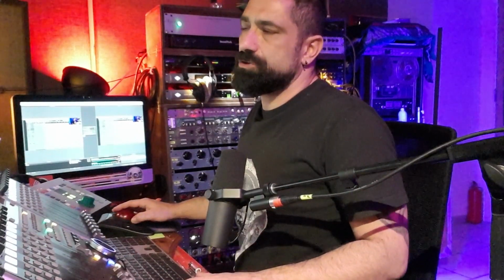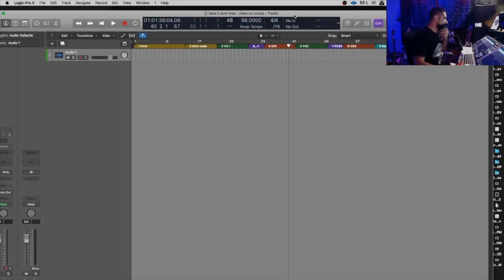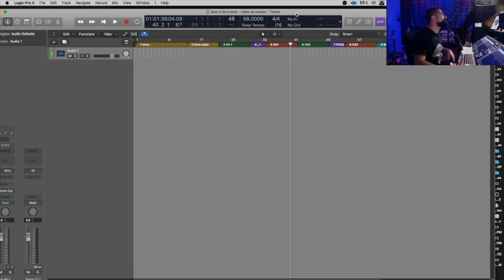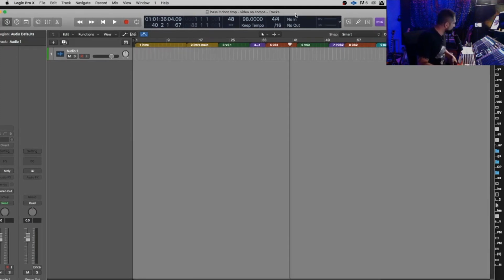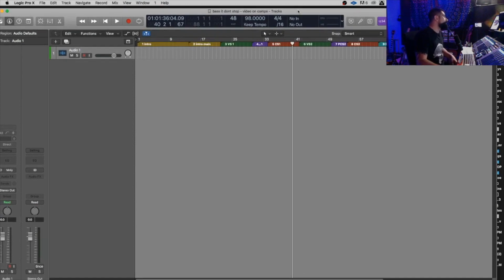So I've opened up the session here. I'm not going to pull in the song. Usually what I would do, or what you would do, is pull in that stereo stem of the song without the drums, if you want to, which you've sent the drummer. Now, I'm not going to stick in the stereo stem of the song because it's not been released yet. So what I'm going to do is just pull in the drum tracks for you to see how I'm going to comp it. Now, when you open up your session,